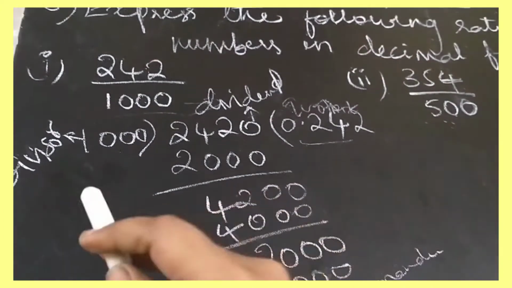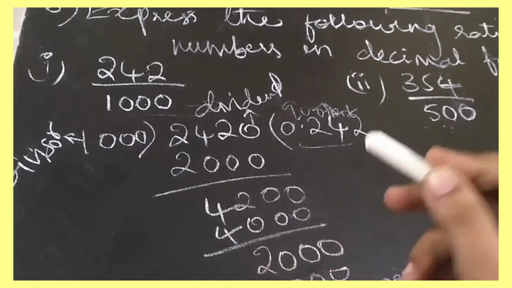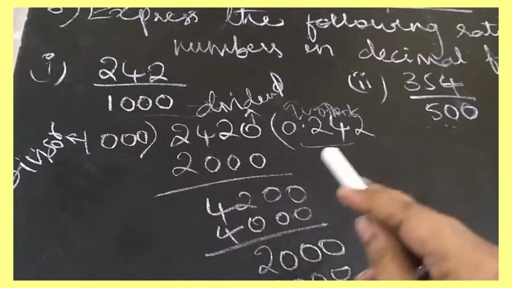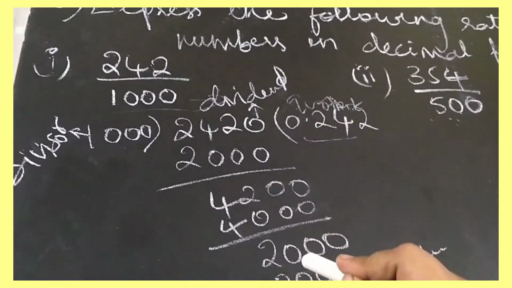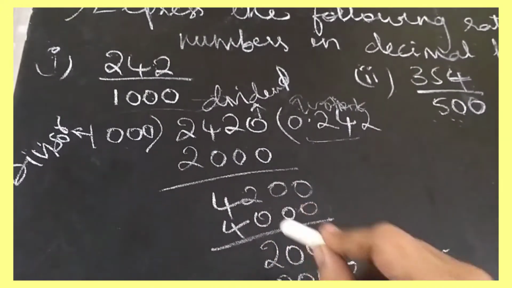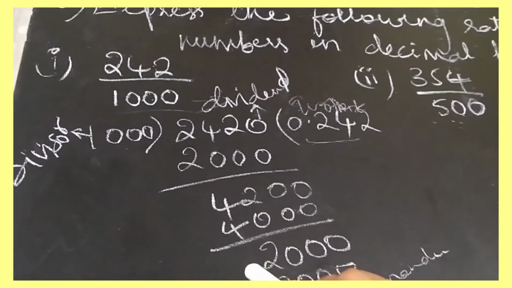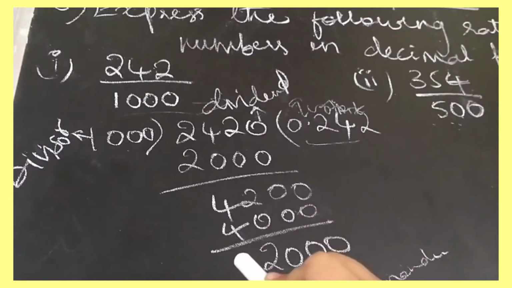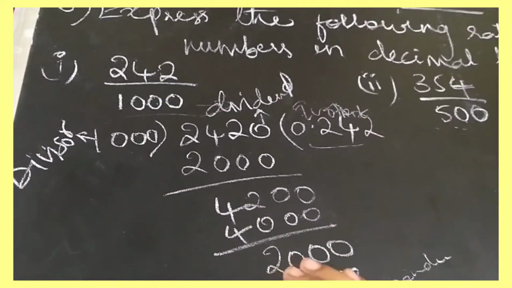So here again I am taking 1000 fours for the 4000. 1000 fives is 5000 now, so you can take 1000 fours for the 4000. Again 0 minus 0 is 0, 2 minus 0 is 2, and 4 minus 0 is 4... sorry, 4 minus 4 is 0. No need to take this. So I am writing here 200.